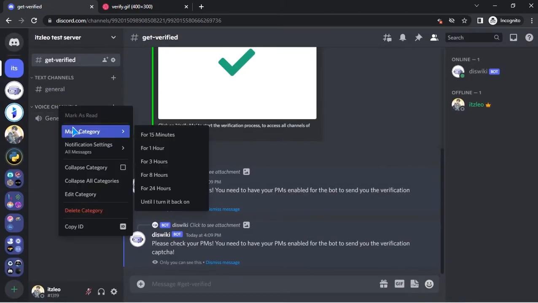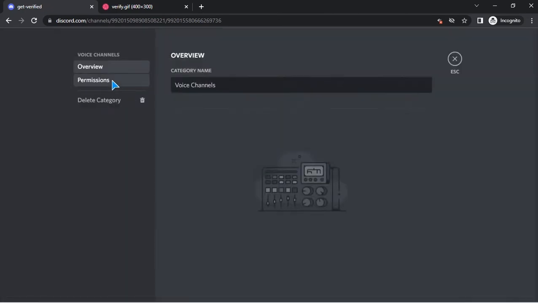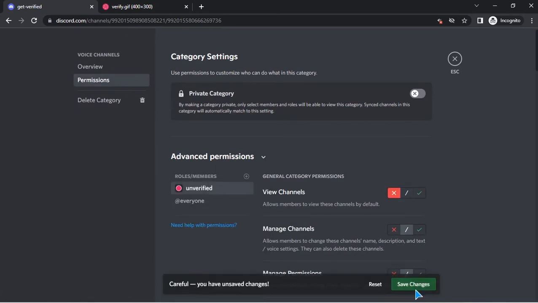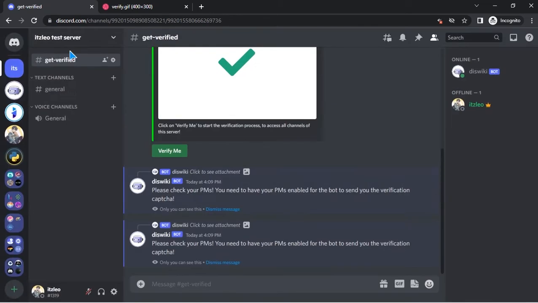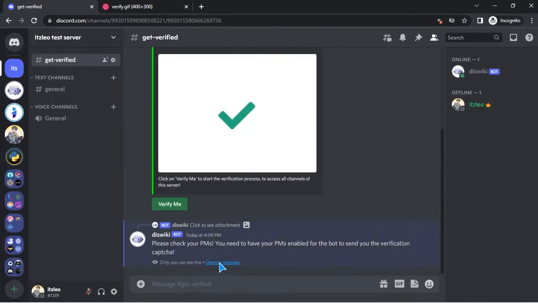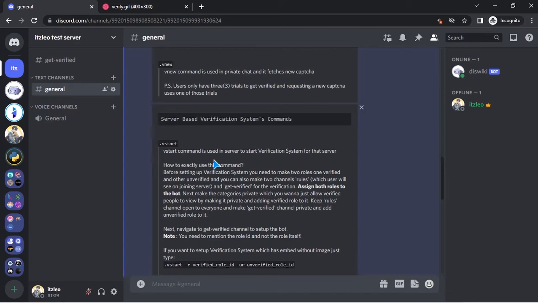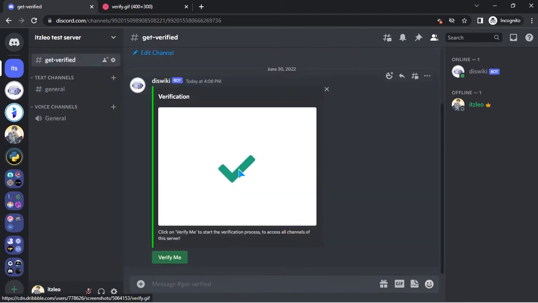We can do the same with the other category. You can click on permissions, plus unverified, view channels off, save changes, and there we go. So we have successfully set up the verification system, the manual verification system. So what other changes we can do are that we can change the image here, we can change the role, and one of the most important, or one of the most fantastic things which I have added to this DiSWIKI bot is this command, that is